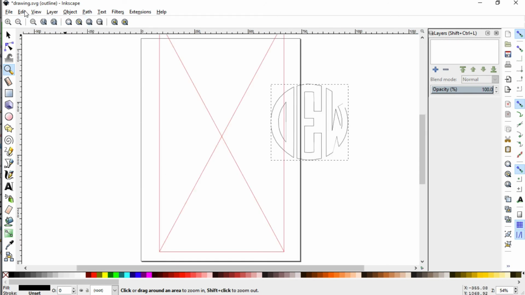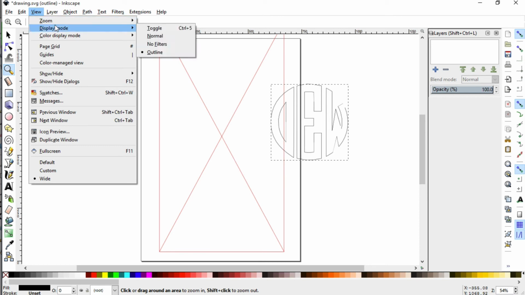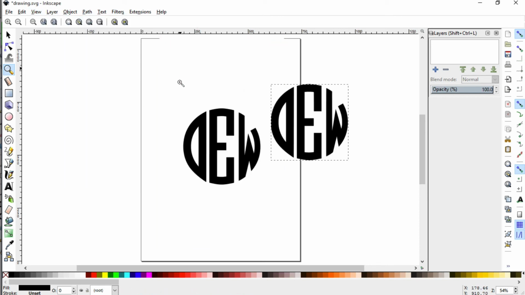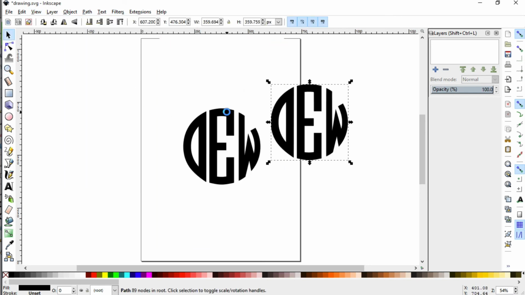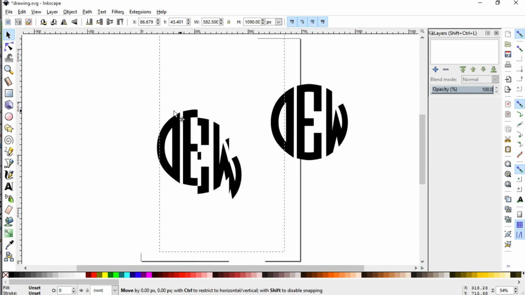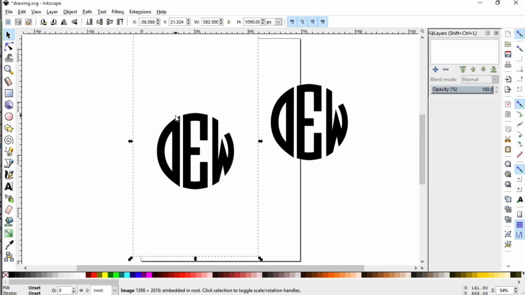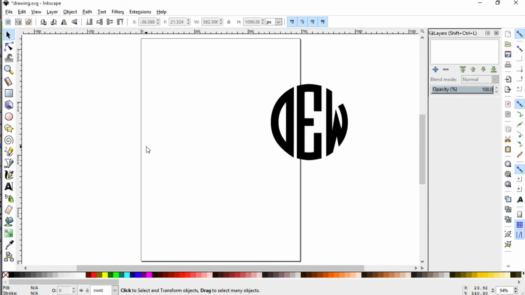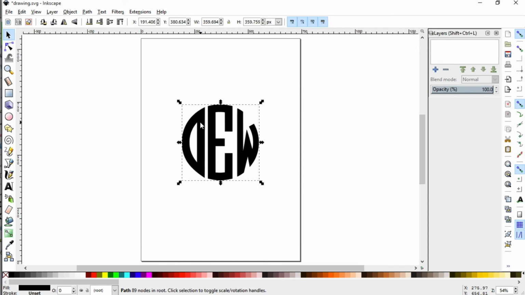Okay, so I'm going to zoom back out here, and I'm just going to go up to view, display mode, and I'm going to go to normal. So with this paper selected, or this little image selected, we no longer need it. You can actually see what it is down here, image, and I'm going to hit the delete key. And now we have our text that we traced from the Monogram